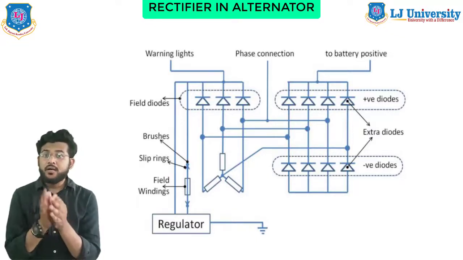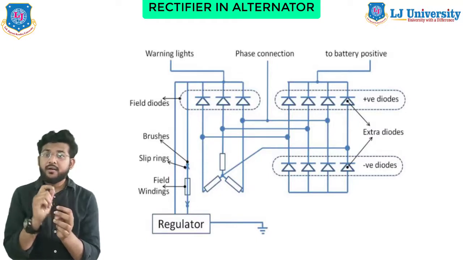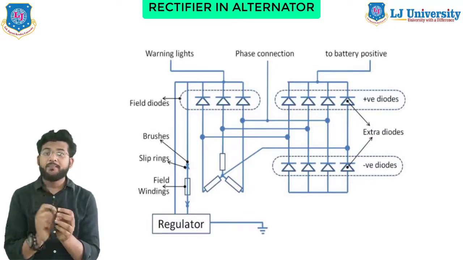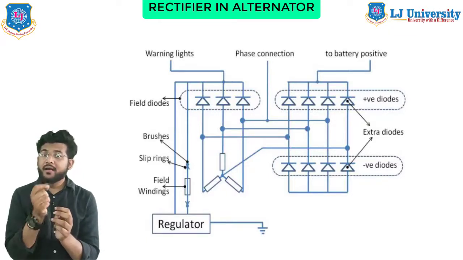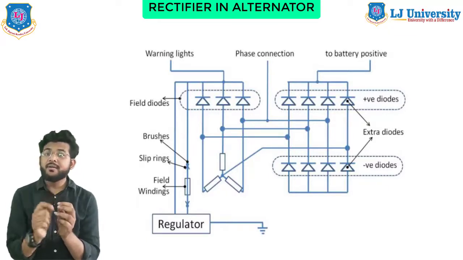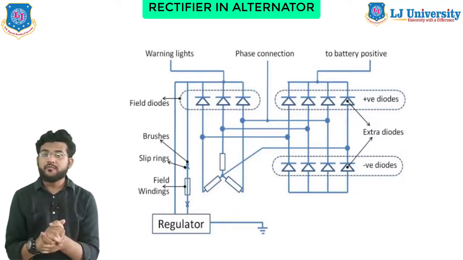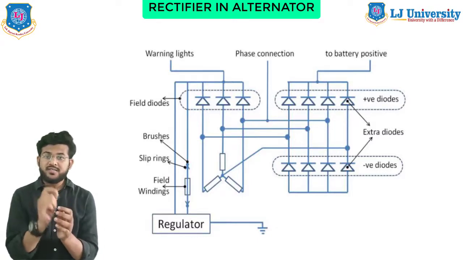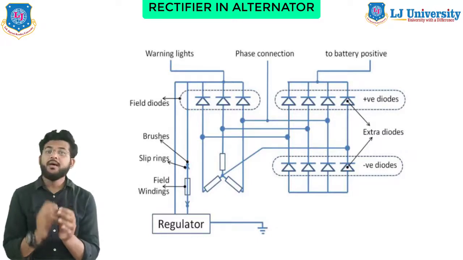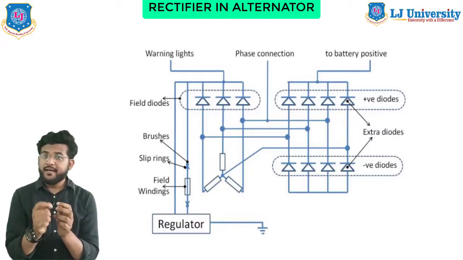Now, electronic voltage regulation using the Zener diode is usually used in modern cars. This diode can be constructed to break down and conduct in reverse at the precise set level. So this was all about the rectification of the alternator. Here we discussed the charging systems and their purpose, and also the alternator. I hope you got a clear idea about it.